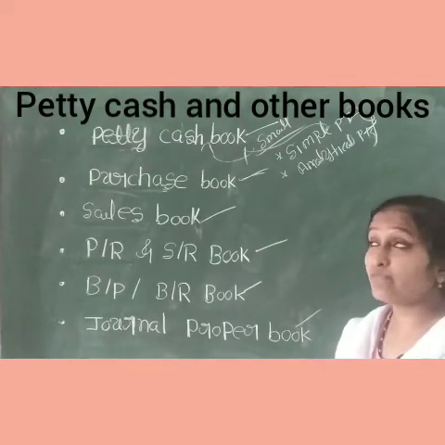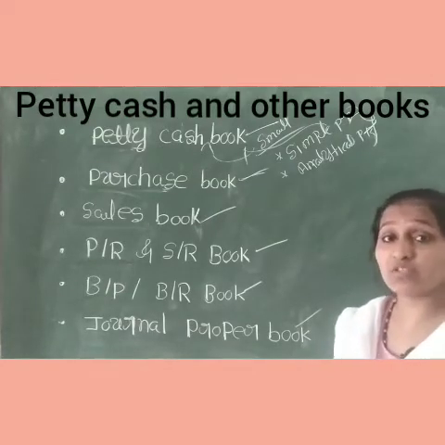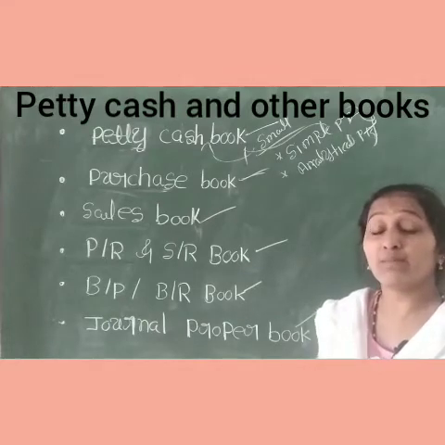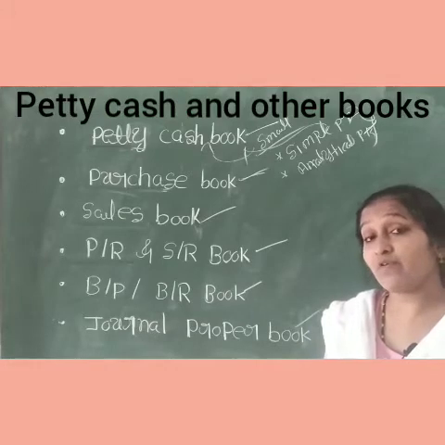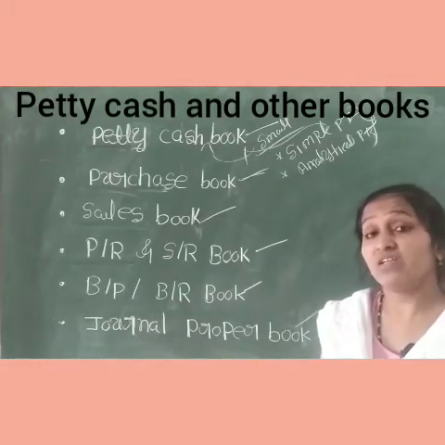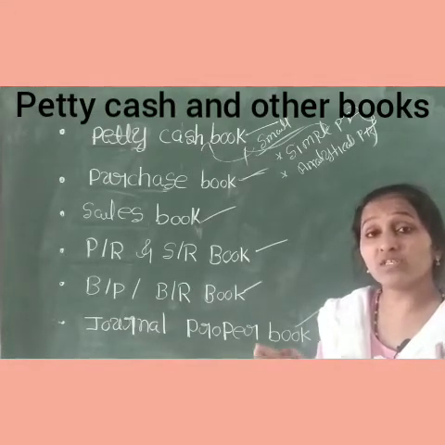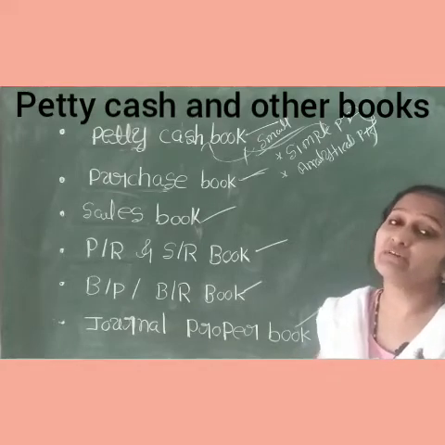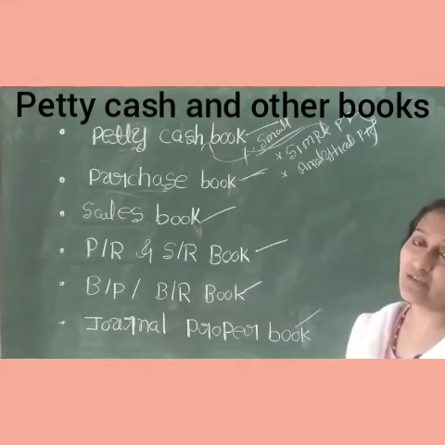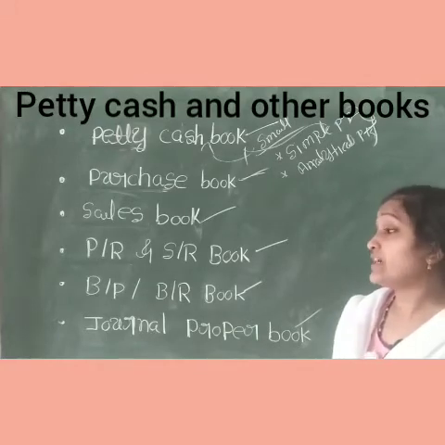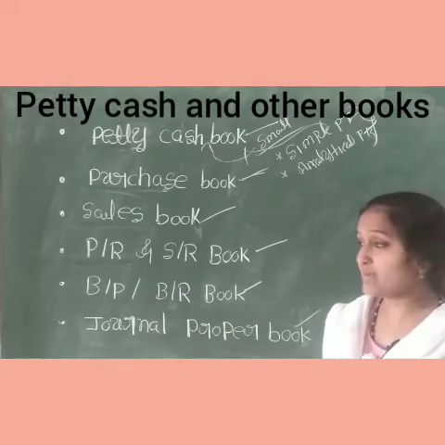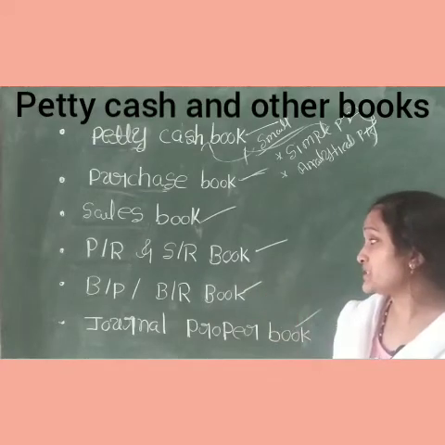So when we are preparing the subsidiary books, remember the name of the vendor, the name of the purchaser, the name of the buyer, the name of the customer. Remember all these things, because in the particulars column we write the vendor name and the customer name, along with the debit and credit notes. Right? That way you are supposed to remember it. Next come purchase return and sales return.